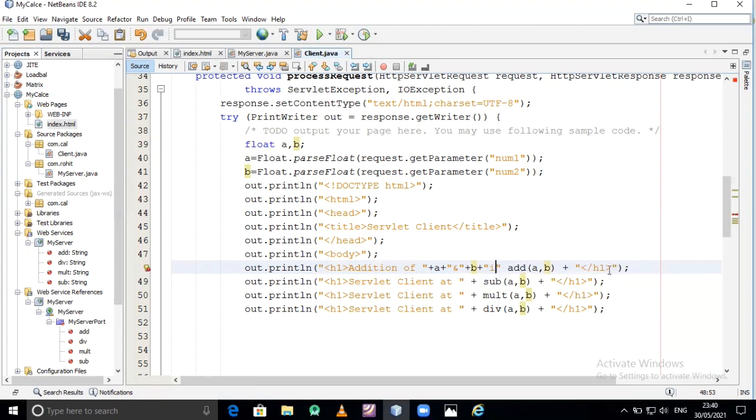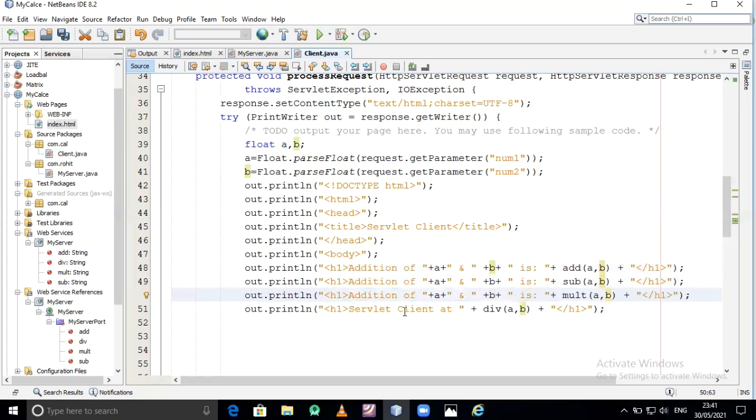Okay, addition of a and b is, here concatenation is required. Copy this up to the operation, for last.